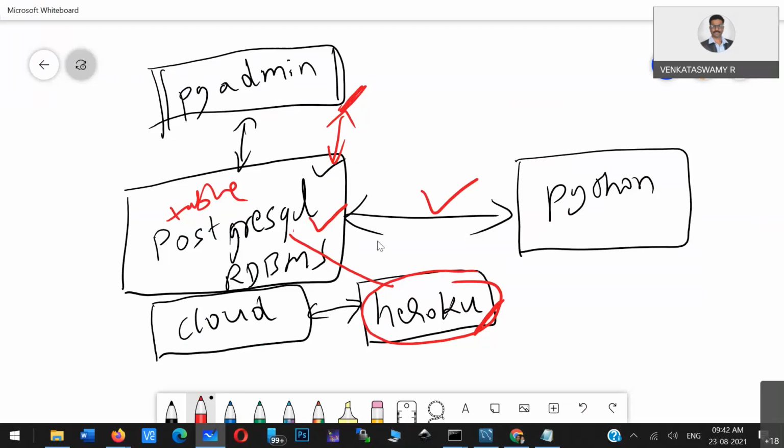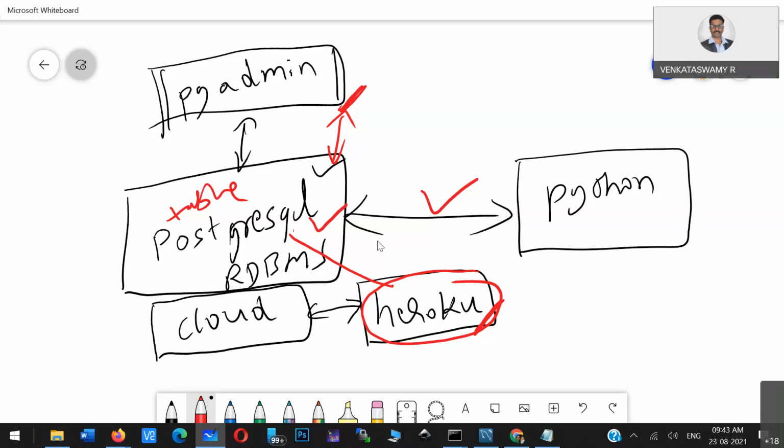What are the things covered? The PostgreSQL database we understood, which is similar to MySQL, free and open source. It's not proprietary, you can install it. PostgreSQL is better than MySQL and robust. An enterprise version is also available. And instead of installing on a local machine, we subscribed to the cloud PostgreSQL database from the Heroku cloud provider.